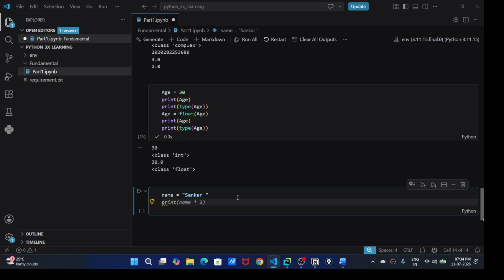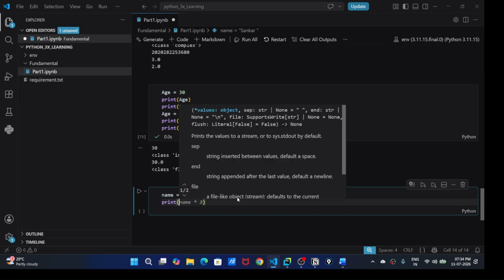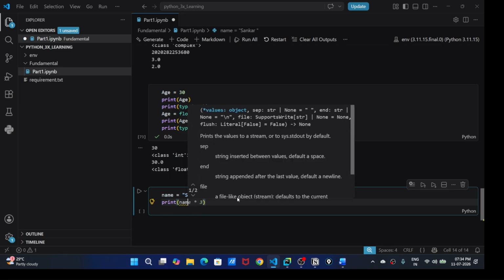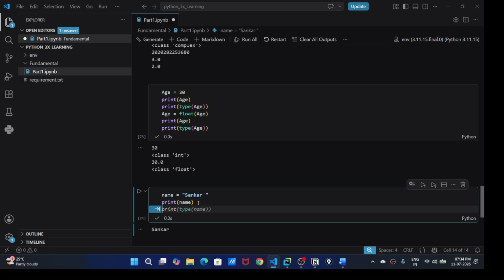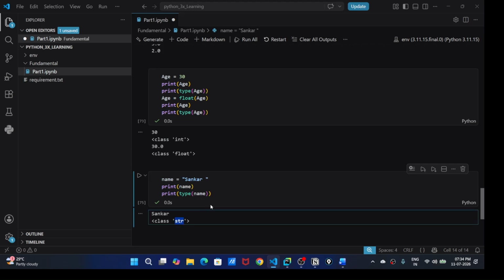Print name. If you execute this cell, it will give you the output Shankar, and if you print the type of this, it's a string. What is the class? It's a string.